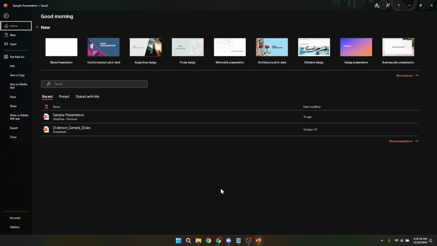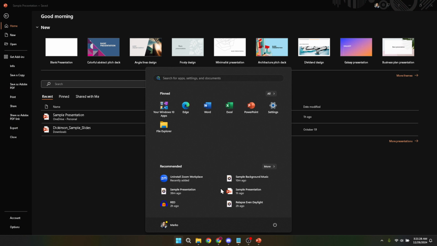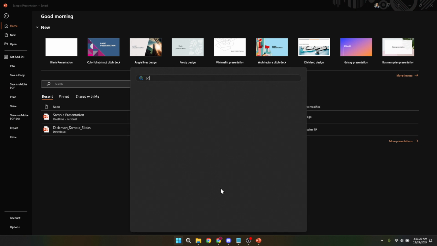First things first, let's start by opening your Microsoft PowerPoint application. You might have it pinned to your taskbar, located on your desktop, or you can simply search for it in your computer's search bar. Once you've found it, click to open the application. This step is pretty straightforward, but it's crucial as it's the gateway to all the other steps we're going to talk through.